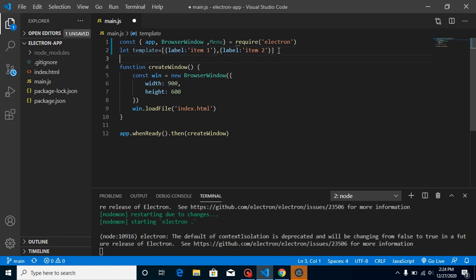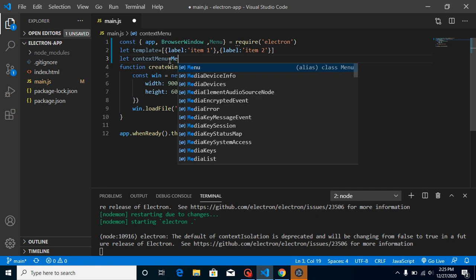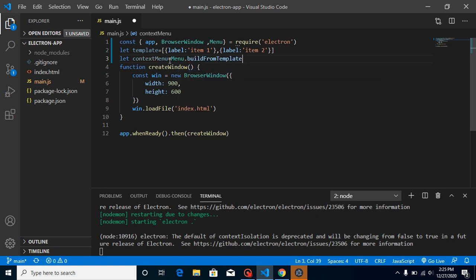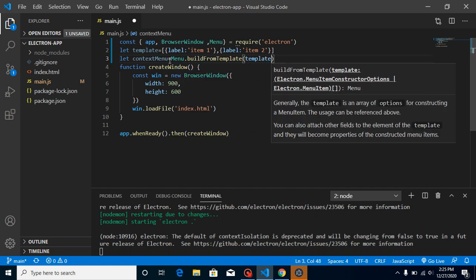All right, and after that, let's use the build from template function to bind these menus with this template. So let's take another variable, context menu or something, and simply use here menu dot build from template and attach template with it.